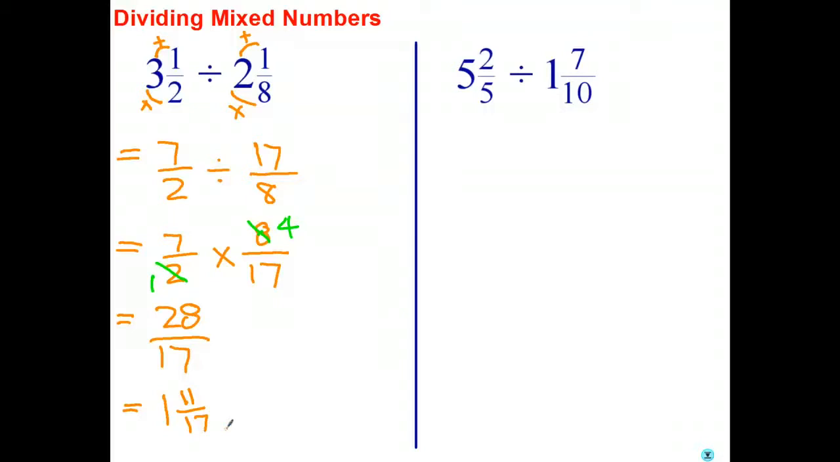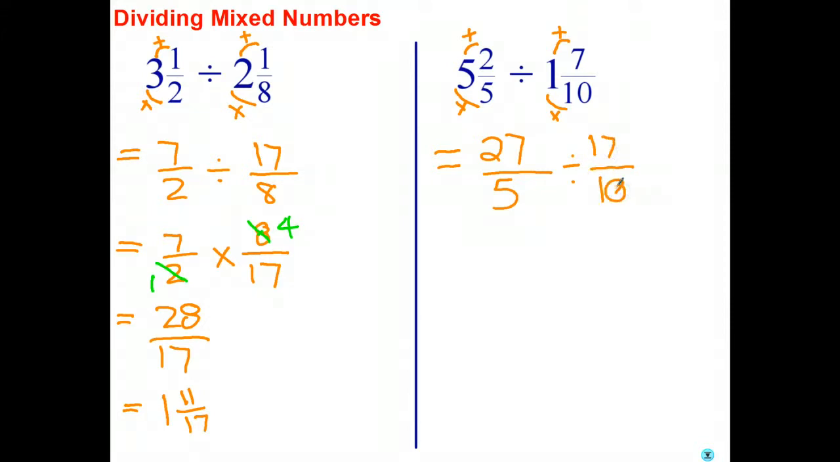Okay, hopefully, once again, you say, oh, this is starting to get pretty easy by now, but let's see. First step is we turn it into an improper fraction. So 5 times 5 is 25, plus 2 is 27. Divide. 10 times 1 is 10, plus 7 is 17